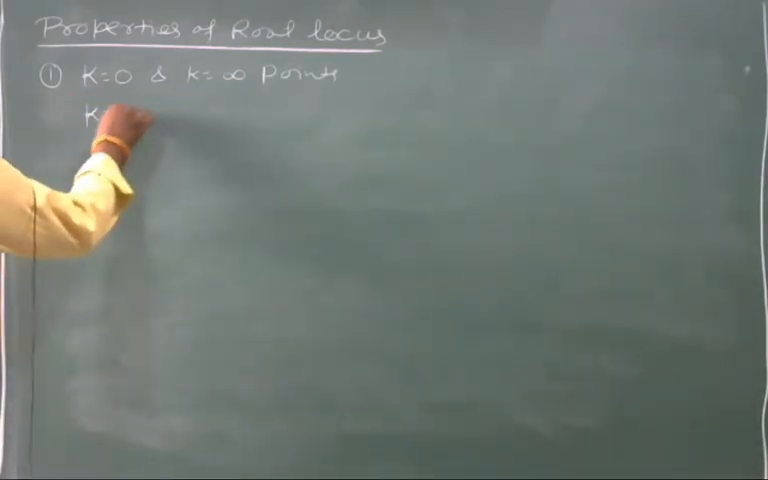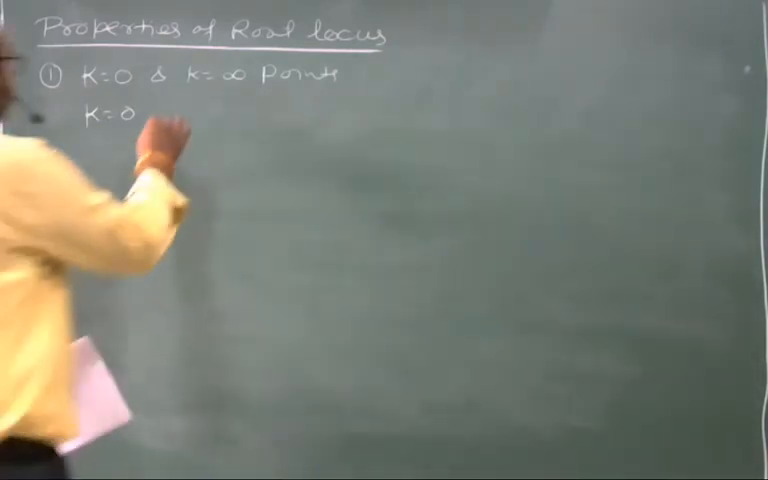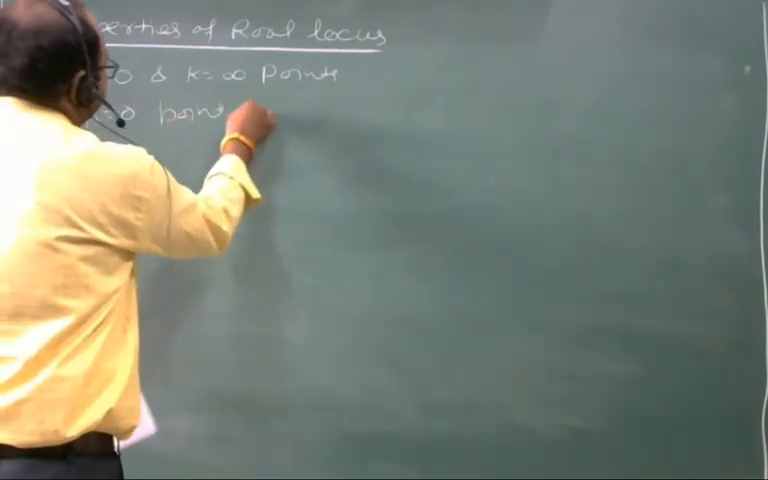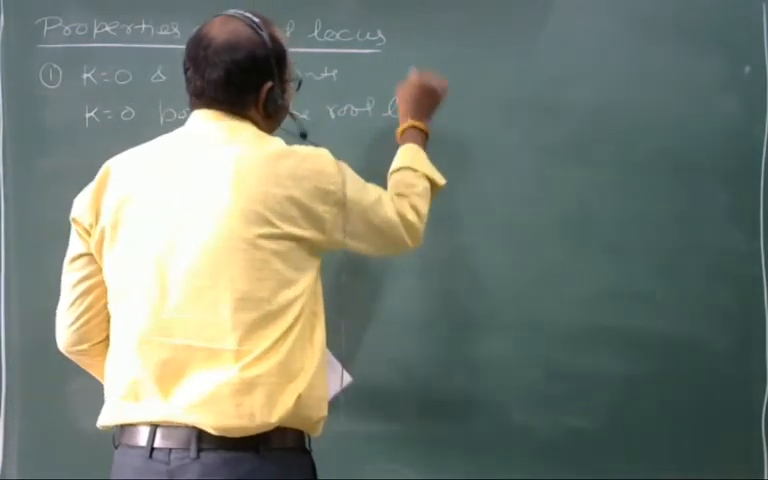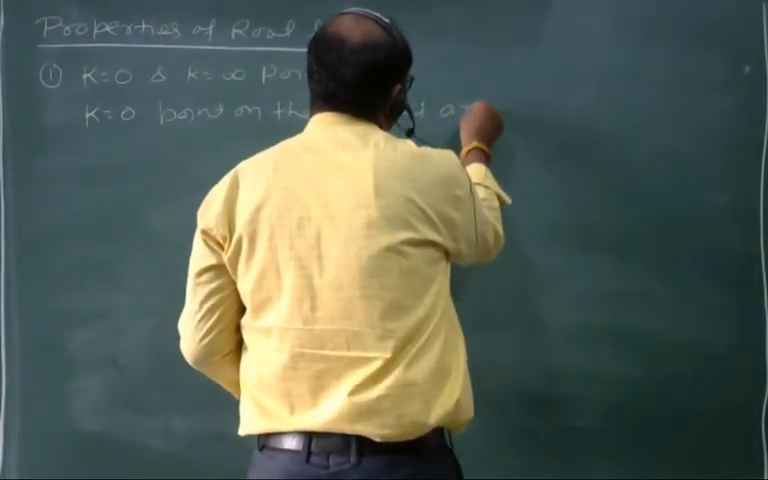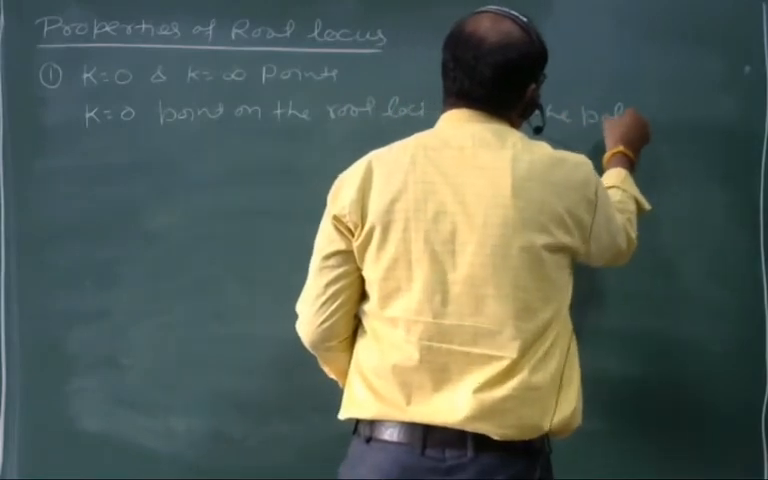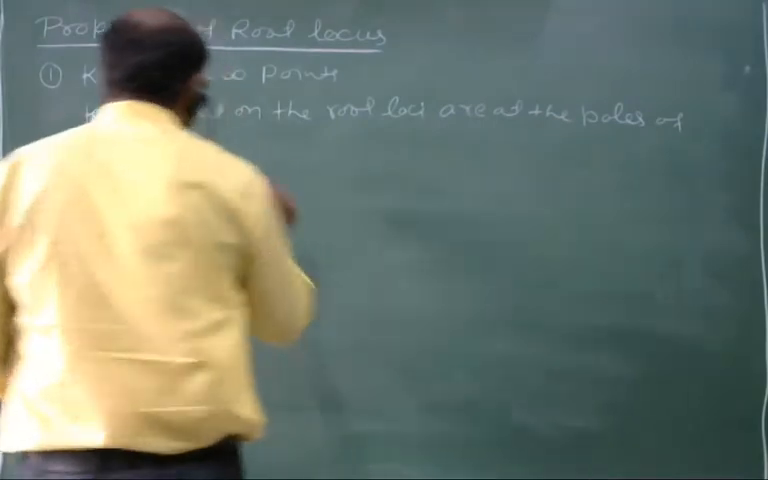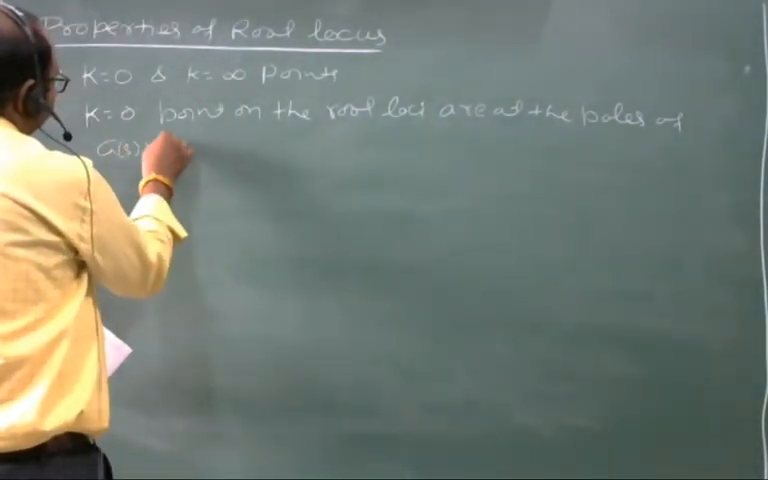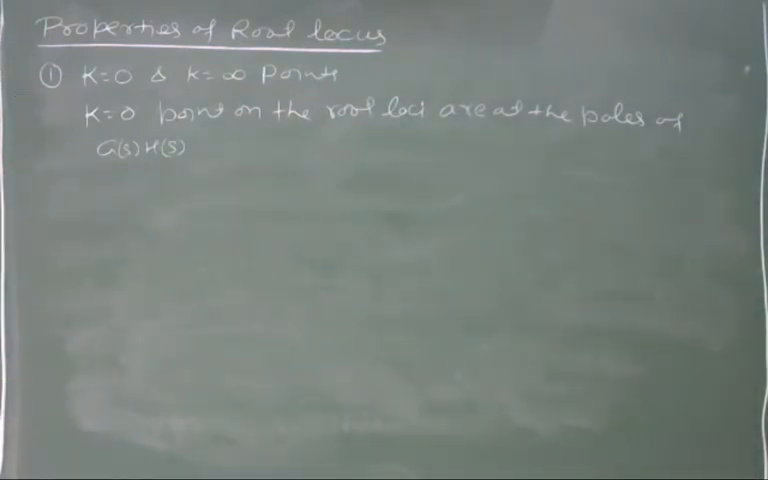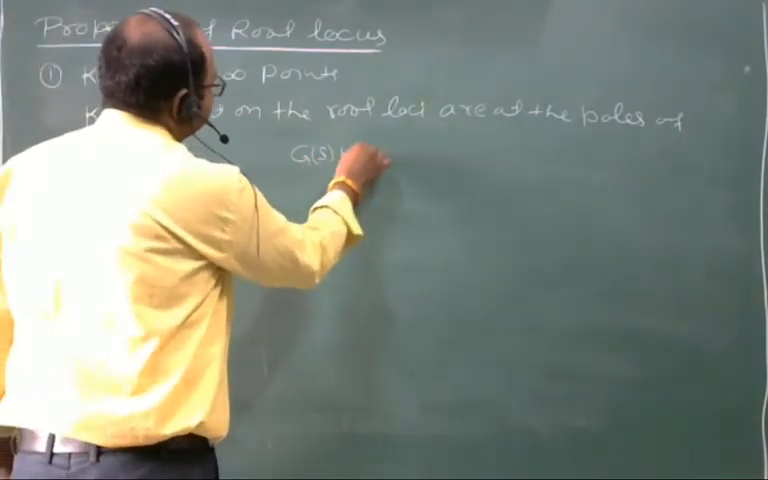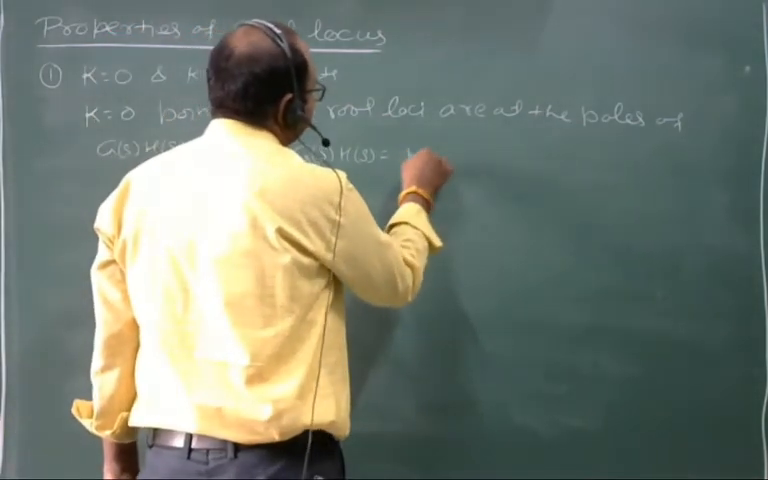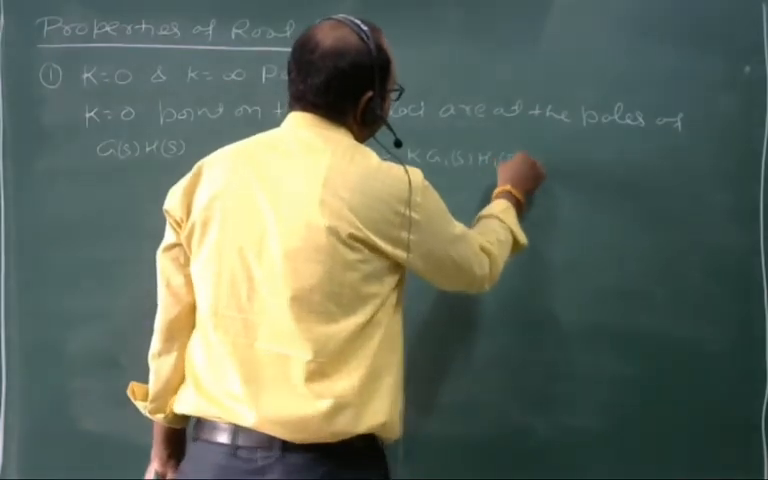The K is equal to 0 points on the root loci are at the poles of G(s)H(s), because G(s)H(s) is equal to K G1(s)H1(s),